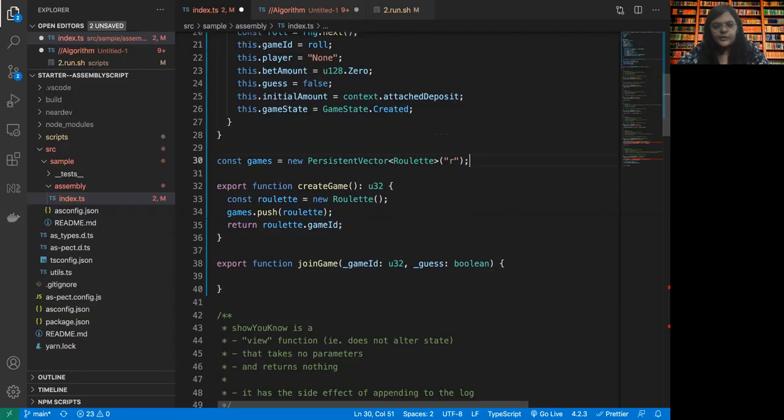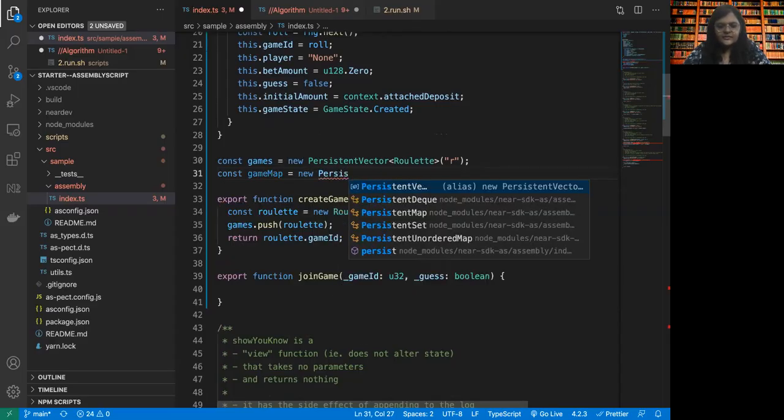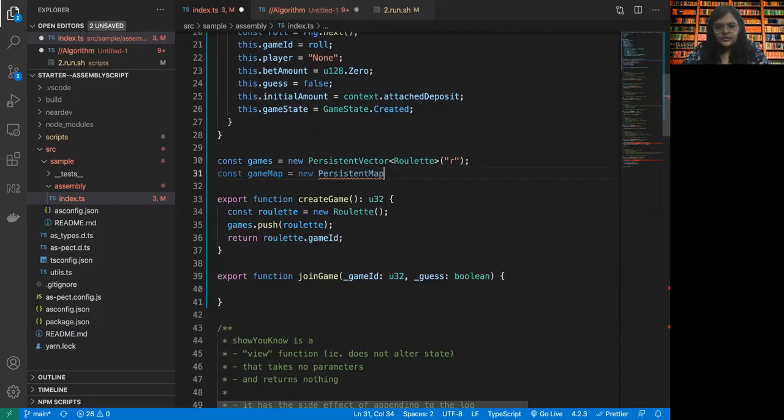Now, in order to retrieve the game directly using the ID, we can also create a persistent map. All right. So this can have a U32, that is the game ID itself.